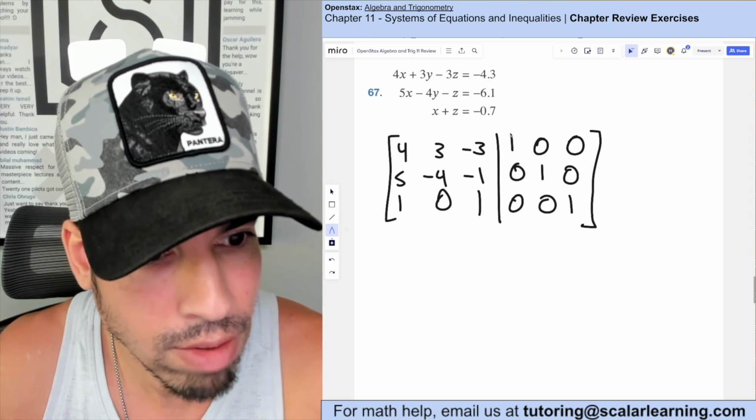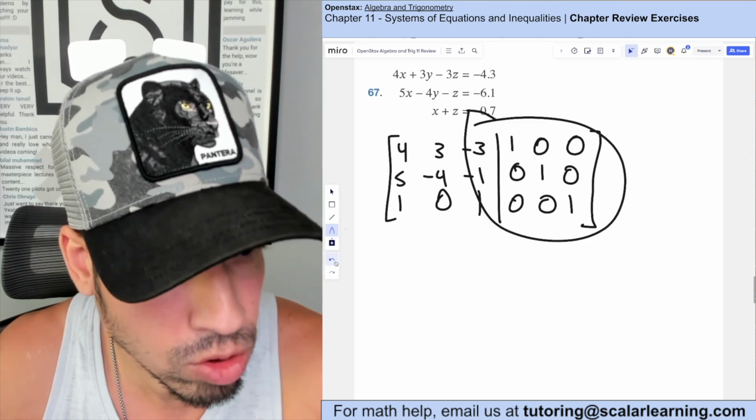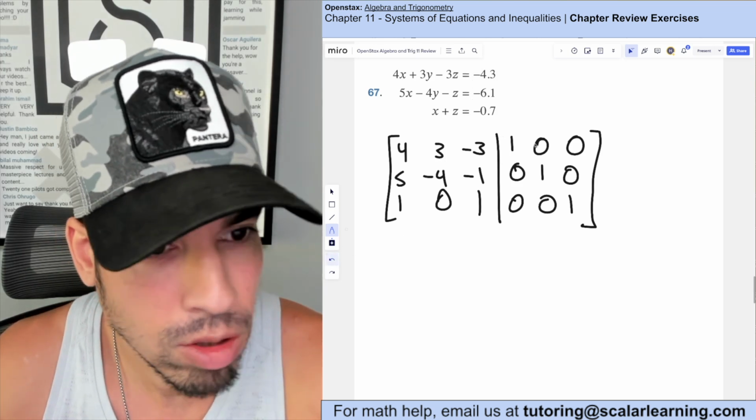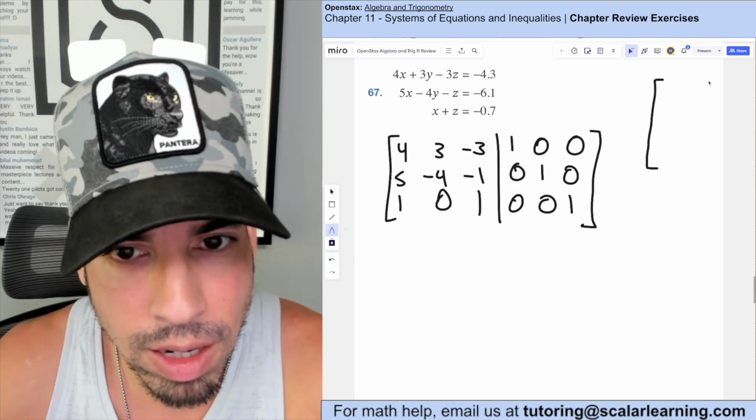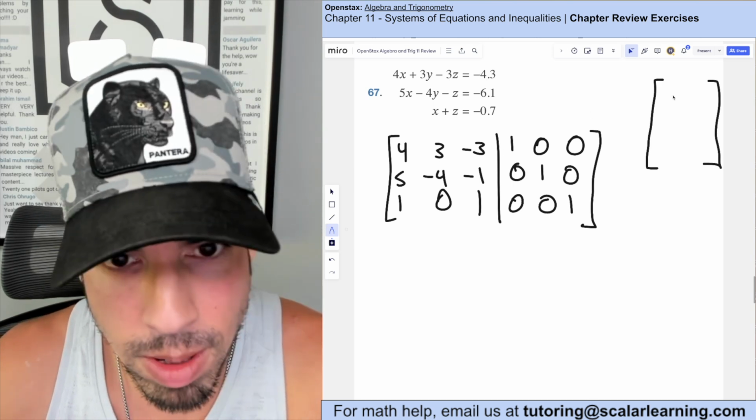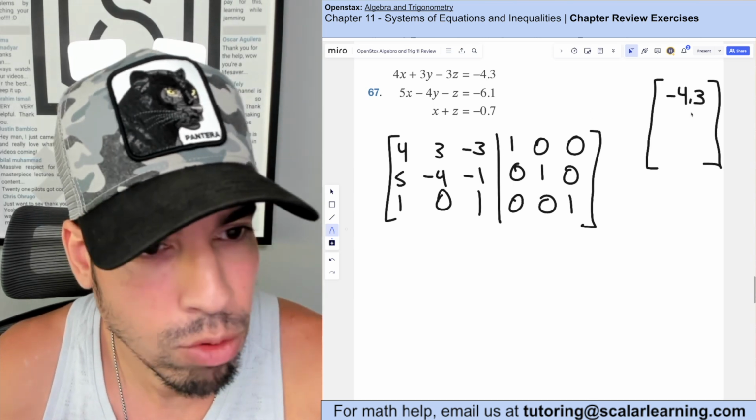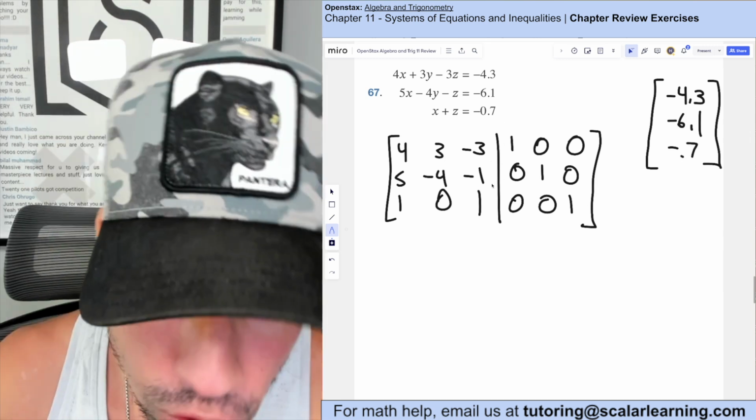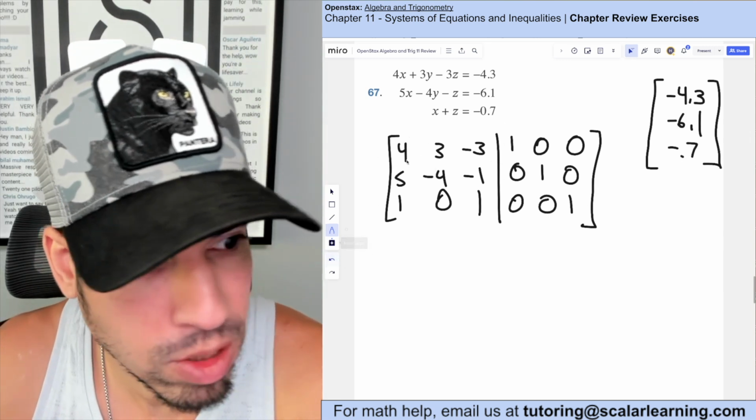And then what's left on this side is going to be the inverse matrix. And then we're going to finally multiply it against those at the top. Let's put those out here right now. We're going to multiply it against this matrix, which would be negative 4.3, negative 6.1, and negative 0.7. All right, let's begin. So I always like to start off with 1 in this position, which I can do